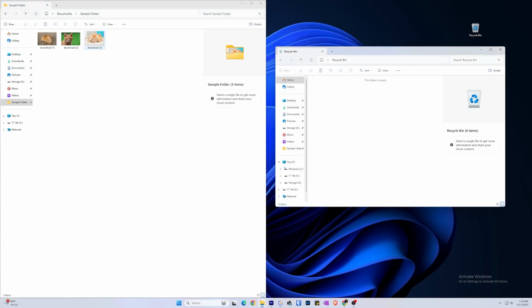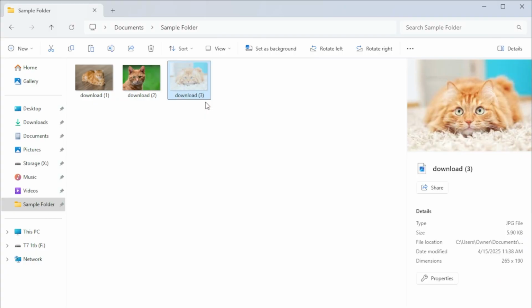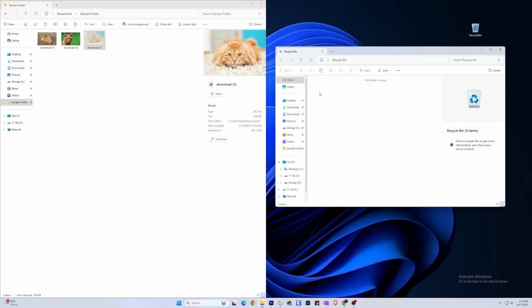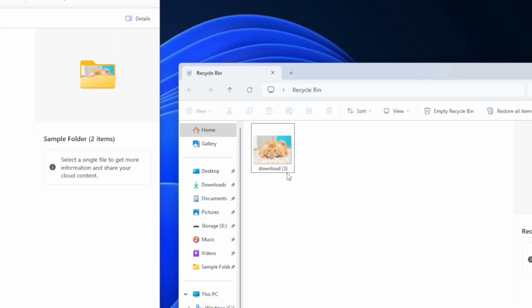Another option for moving a file is to use the right-click menu. Right-click, and you'll see this menu. We can cut a file. This removes it from its current location and puts it on the clipboard, a temporary holding location where it waits while you tell it where to go. When you want to put the file in its new home, you can right-click and choose Paste. These commands are also available through the File Explorer ribbon at the top of the window.